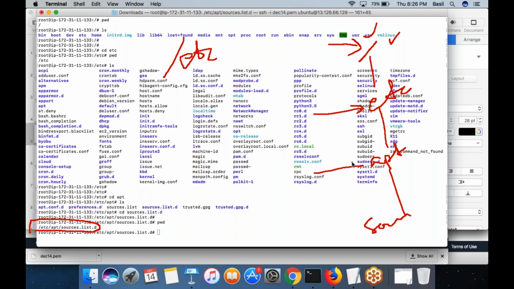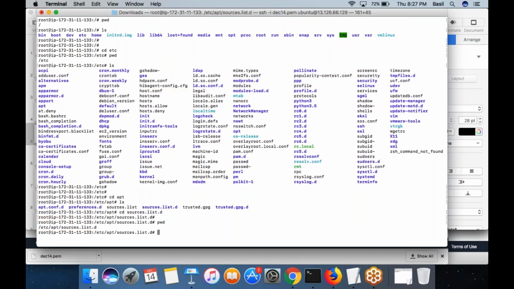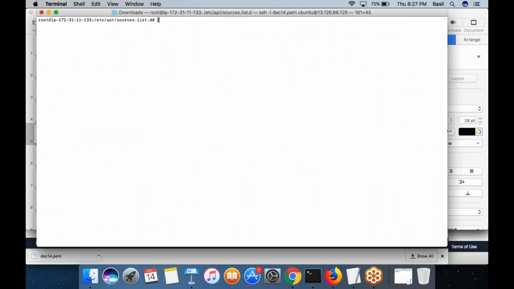So what about the absolute path of this folder? Inside slash, inside etc, apt. And what is the absolute path of this folder? You can put inside slash, inside etc, inside apt, sources. So like this, you can find out the absolute path of each folder in Linux. Think about this hierarchy. And at any point of time, you can run the command clear to clear your terminal.